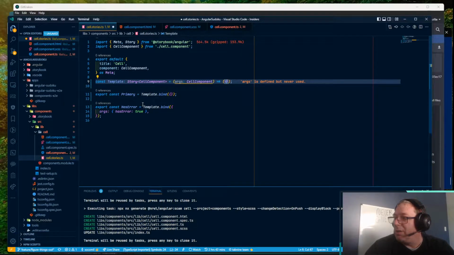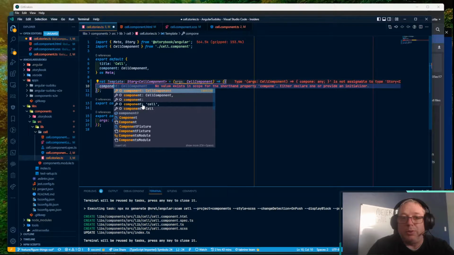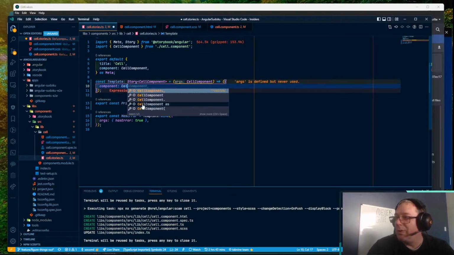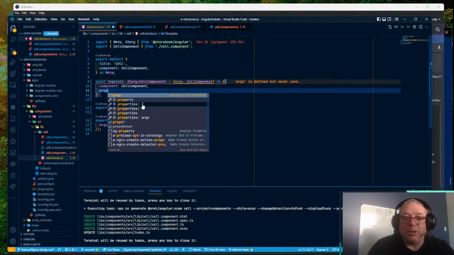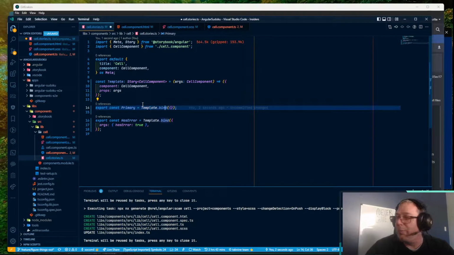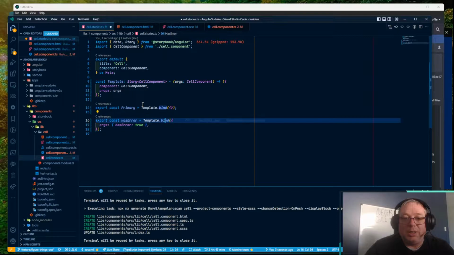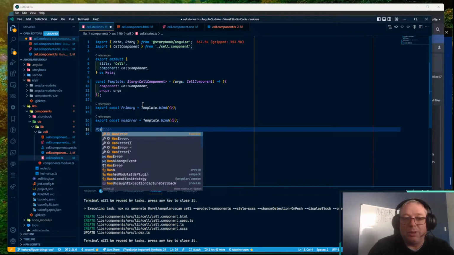And then here we do our component type CellComponent, and our props are of type args. Then here we can do our template.bind. And here we can do our as